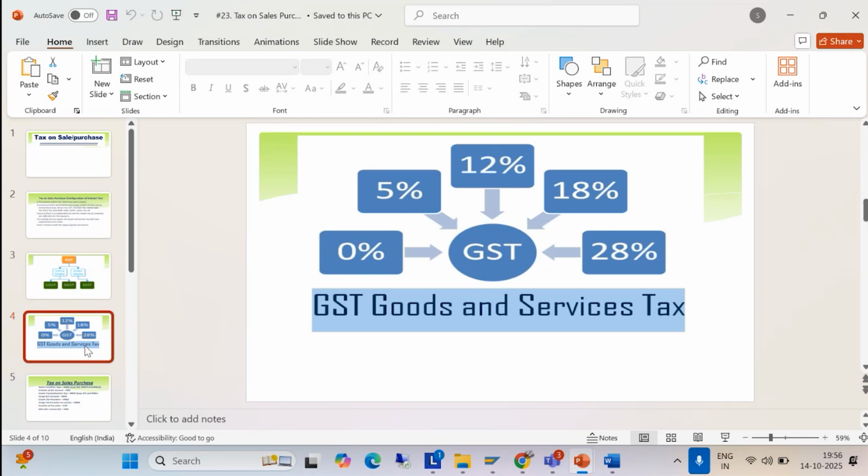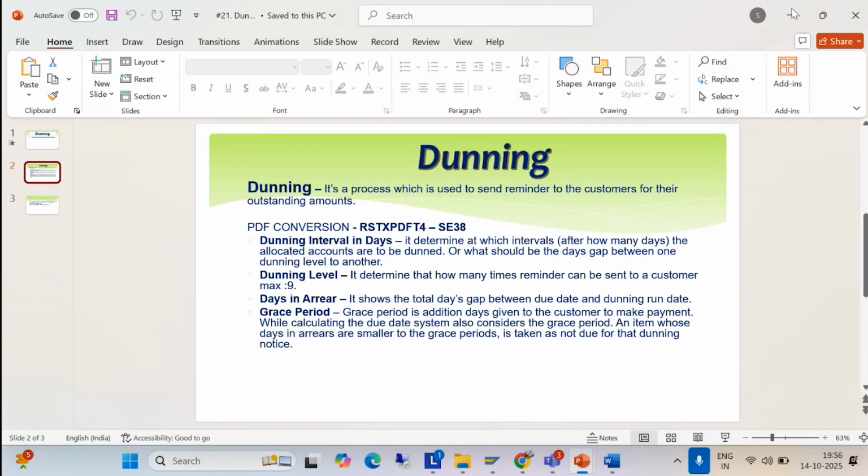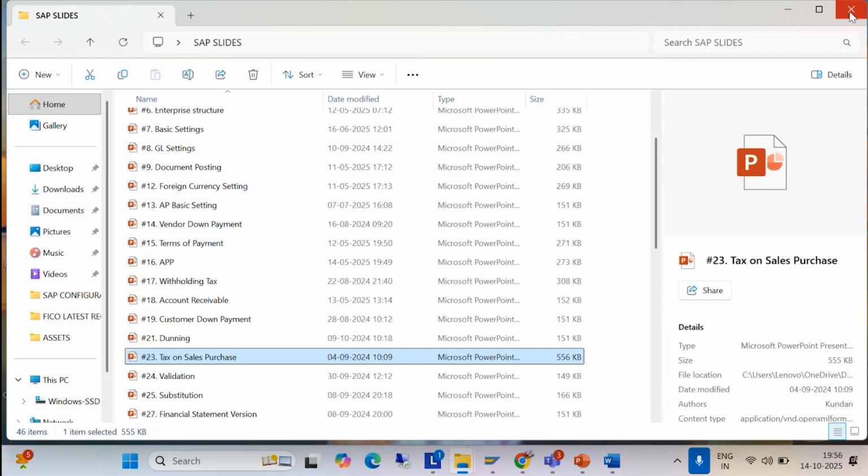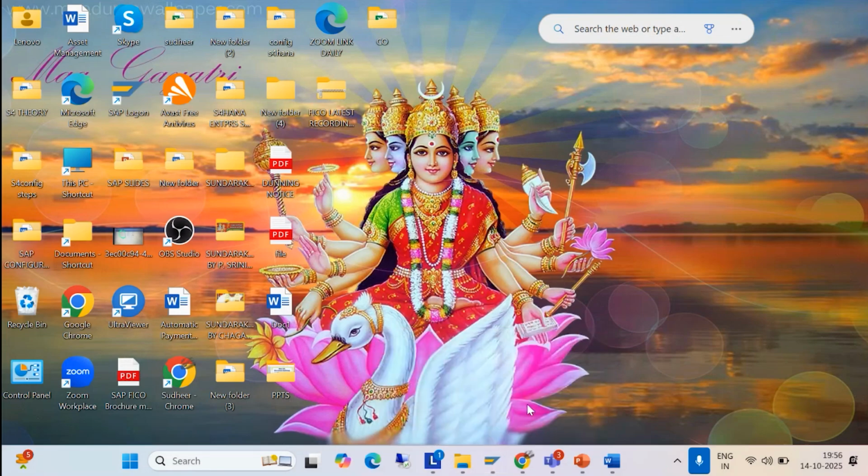Yes, sir. Okay. In tomorrow's class, we will do the configuration of GST, and after configuration, we have to test it, since the tax part is there. So what will the end user do? He will open the screen FB70. Till now we have been